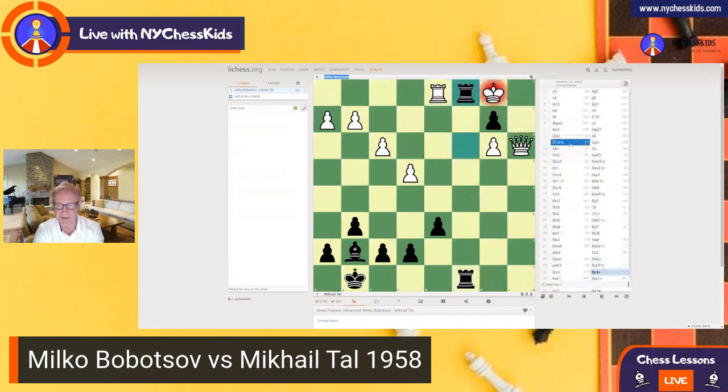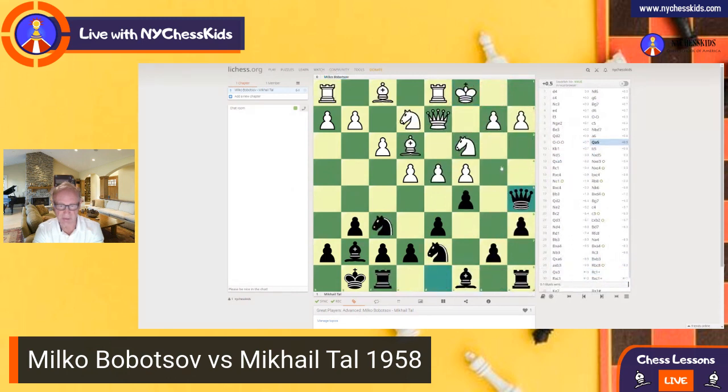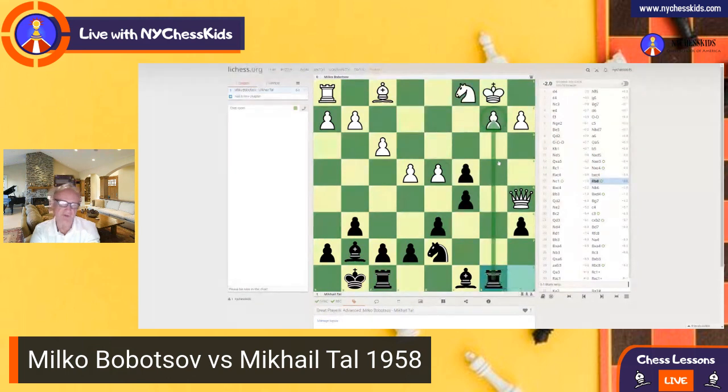Let's see that position one more time. So king b1, b5, and black takes on d5, sacrifices the queen. A positional sacrifice. Black is getting two pieces for a queen, but the activity of the pieces is so great for black that white's position is just collapsing. Right, look, knight c4, and then of course this move is very important. Rook b8, you put the rook on the open file.